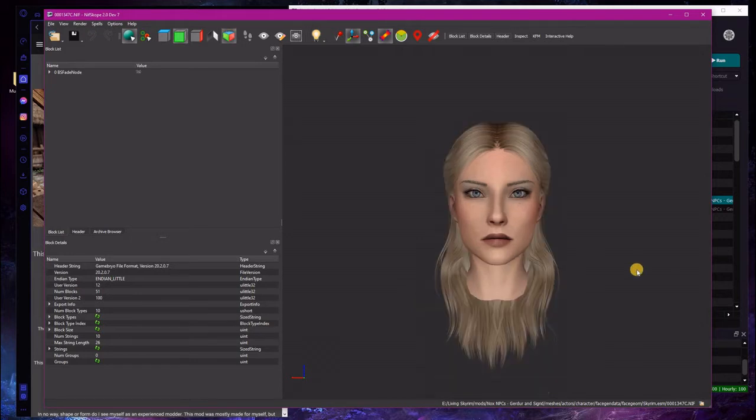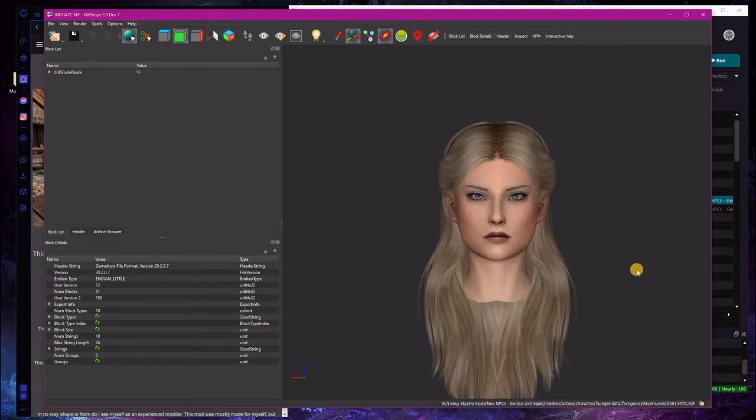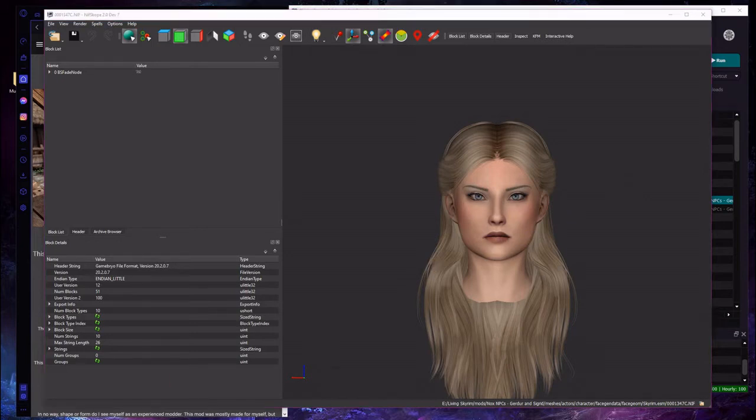The next thing, if your screen looks like this, if it looks like you're looking at the NPC through a tube, just press the P key, and that'll fix that. It's perspective. And then if you have a grid in the background, just press G, and that'll get rid of the grid. Okay, so once you've got that all set up and working,